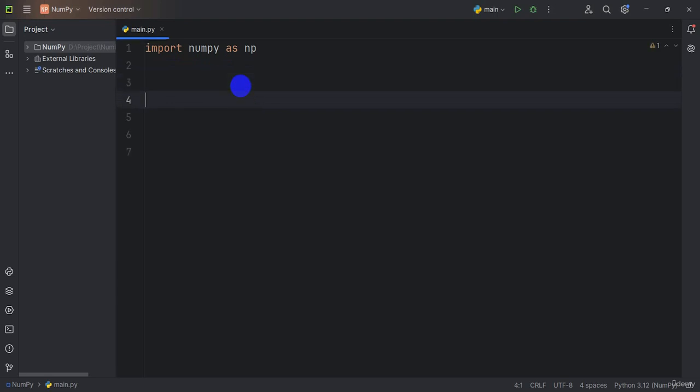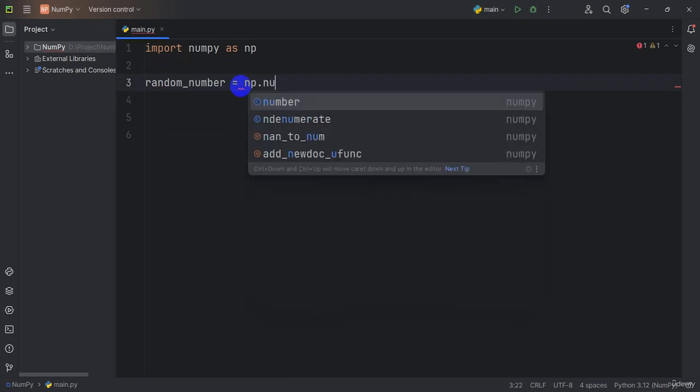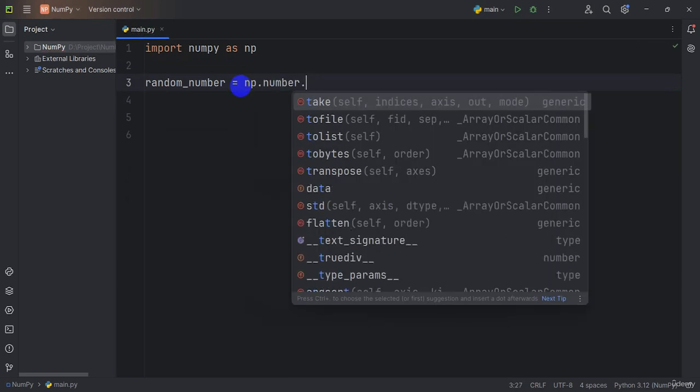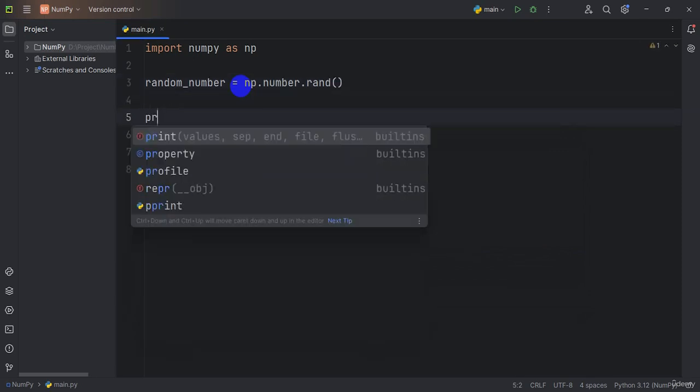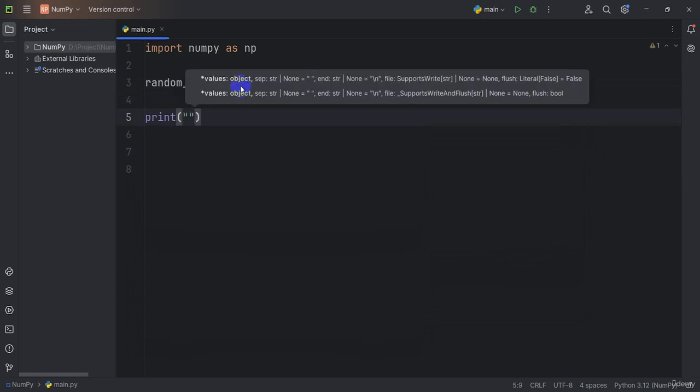So you can see I've imported the NumPy package, and here I'm going to generate a random number between 0 and 1. So first of all I type random_number, and it's equal to np.random.rand. So you can see here I apply this method. Okay, so now here I use simply the print function, and in this insert just type